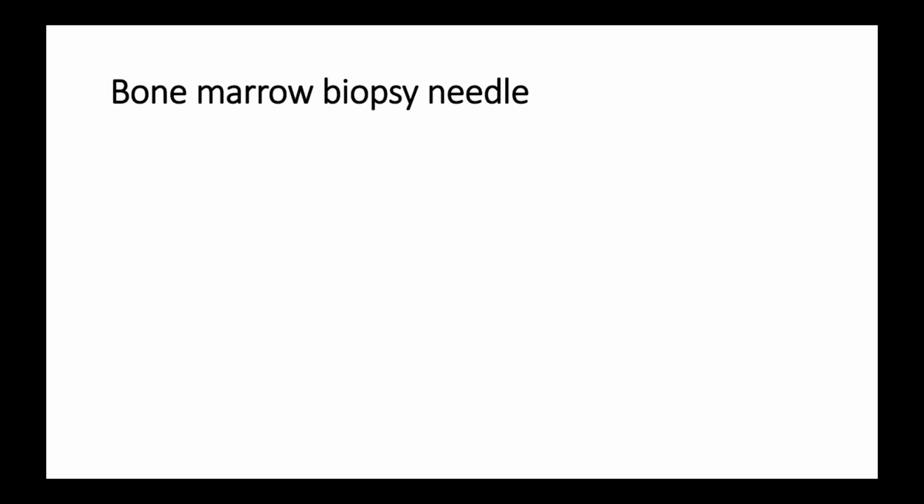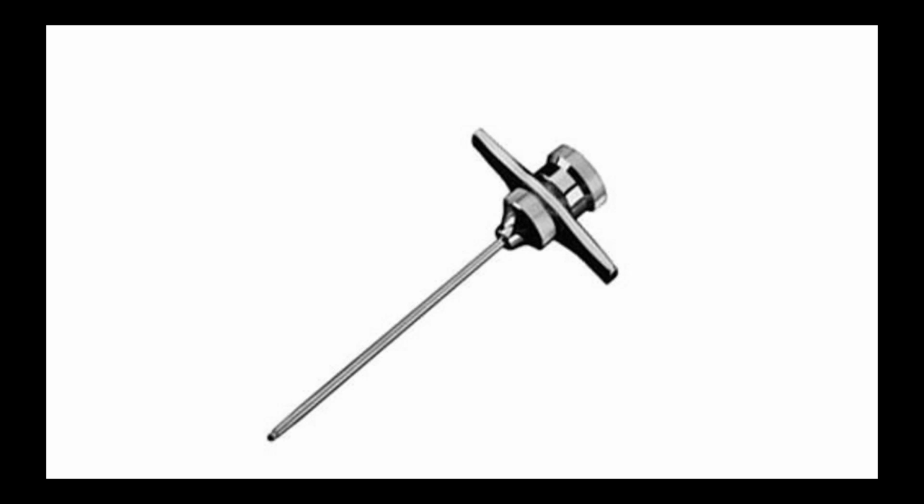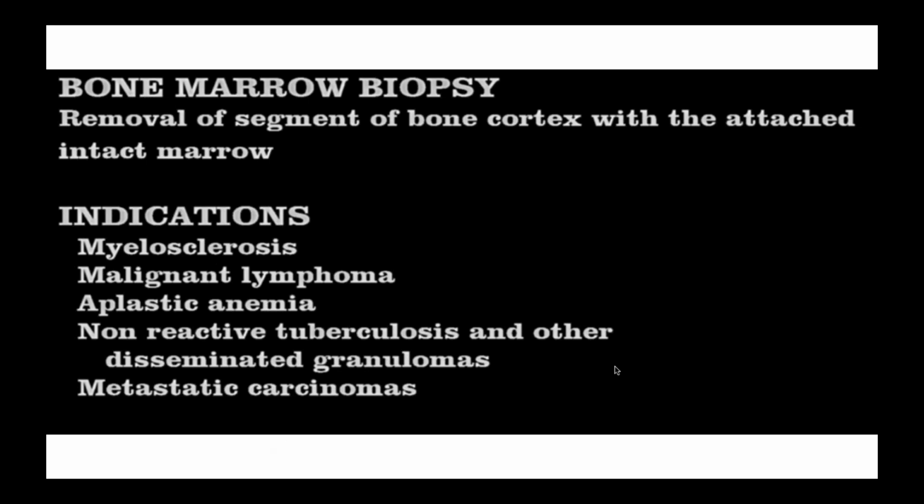This is now bone marrow biopsy. When you need to see the cells in proportion to each other, we do a bone marrow biopsy. The needle is slightly different. It is longer than the bone marrow aspiration needle, and otherwise it has the same outer hollow covering, and inside there is a solid stellate. And indications for biopsy would be the same. Usually we do both procedures in the same sitting.